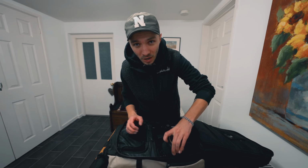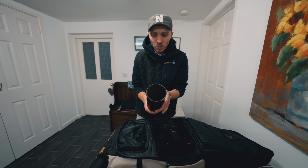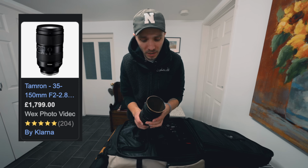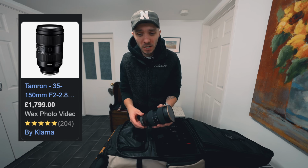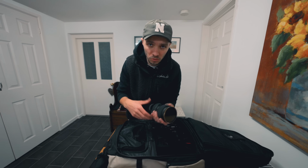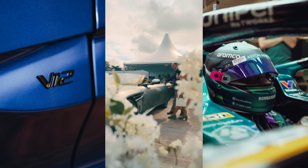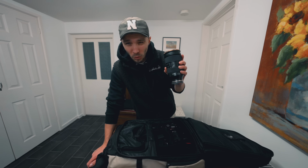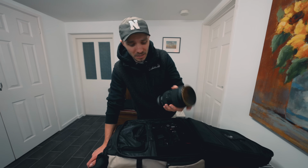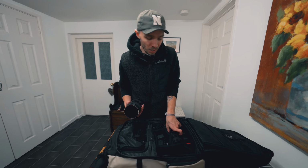The go-to lens over the last year has been the 35-150 f2 to f2.8. Although, to be honest, I've never been a huge fan of Tamron lenses, but this focal range has been incredible to me. Being able to go and shoot cars, portraits, street photography, and be able to punch in from 35 all the way to 150 from one lens is actually really impressive, especially when I couple it with my other